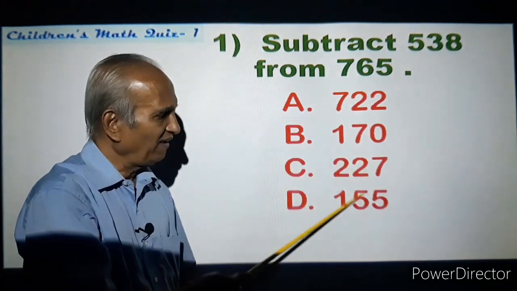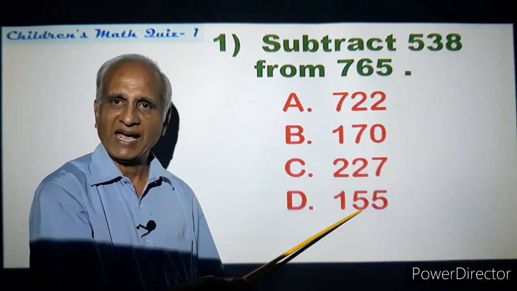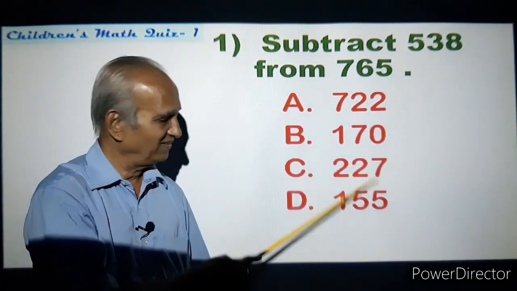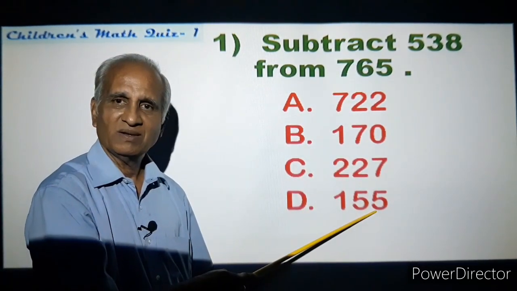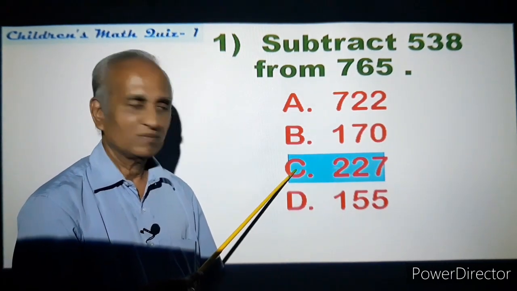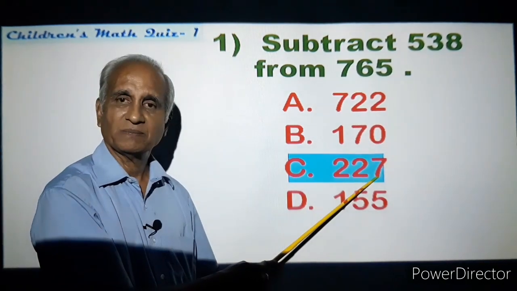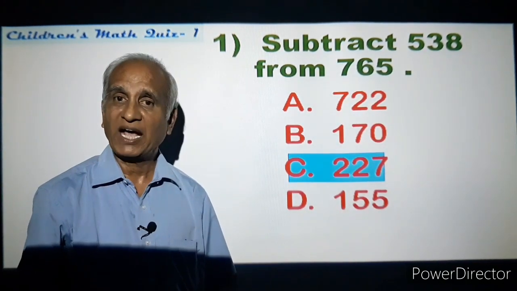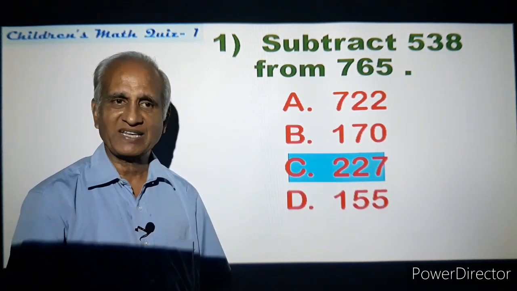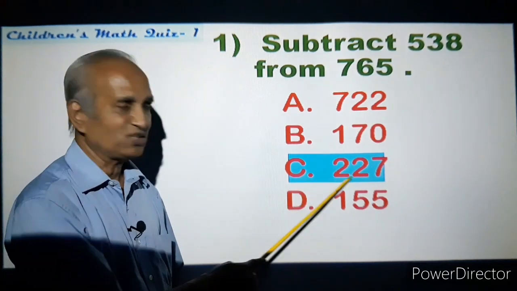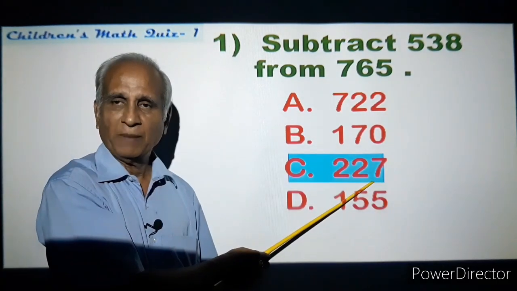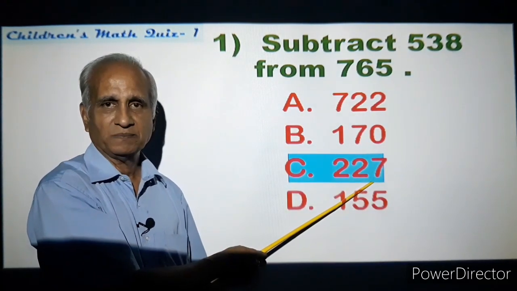So find here as to where the units place has 7. Here it's 2, 0, here it's 7, here it's 5. Answer can none other than be C. So 227 is the answer. I have not done the entire problem. By taking a clue from whatever I know, adopting the skill, I have arrived at the answer. Answer is 227 because as you subtract, you get in the units place number 7. That has to be the answer.